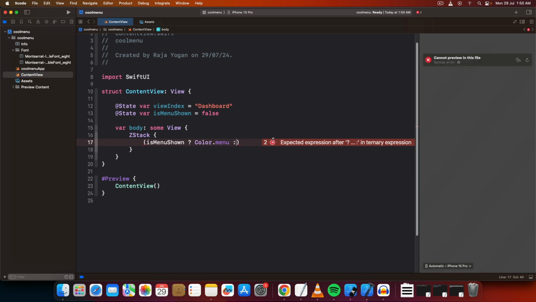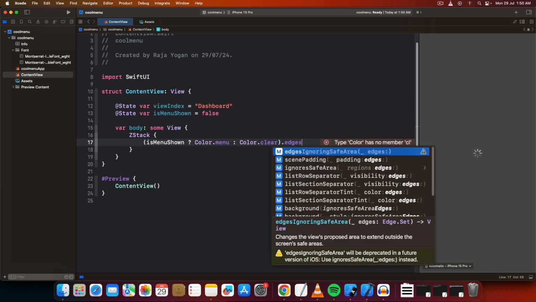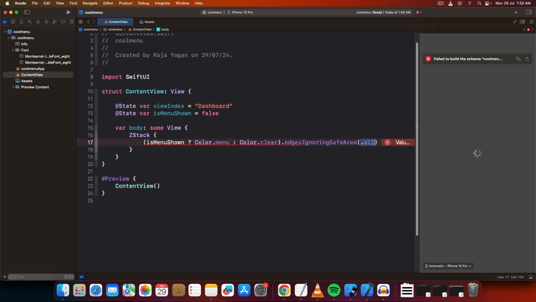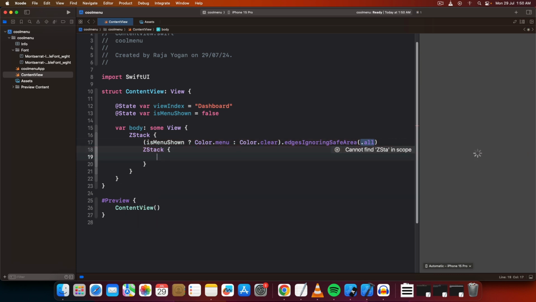So I'll just go here, Color.clear, edges ignoring safe area .all, and once again another ZStack. This ZStack I'll do